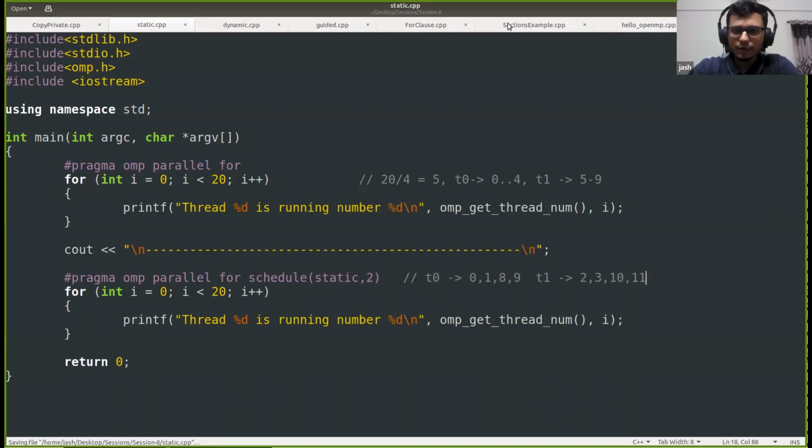Let me quickly show the output for this program so that we can confirm our understanding of what we saw here and here. Let me share my console.